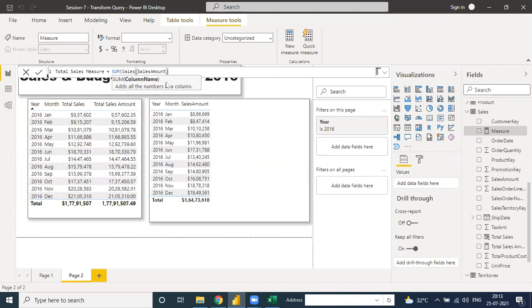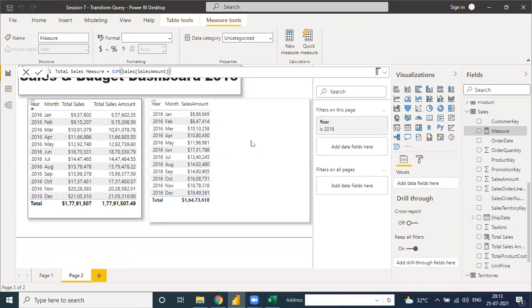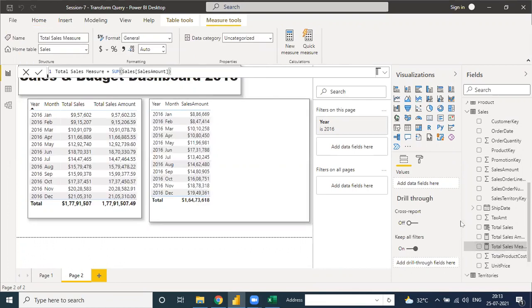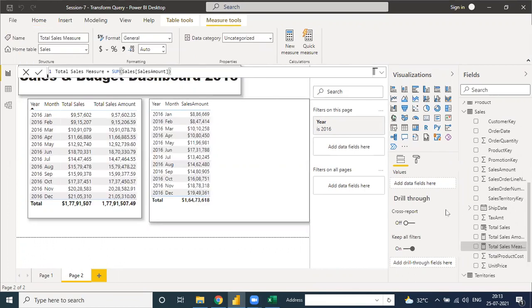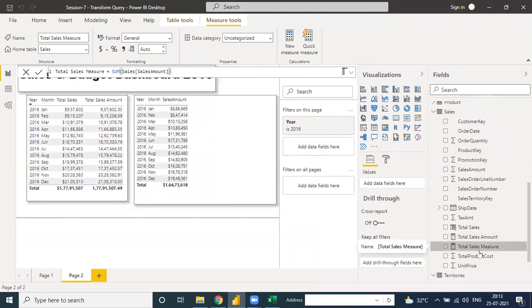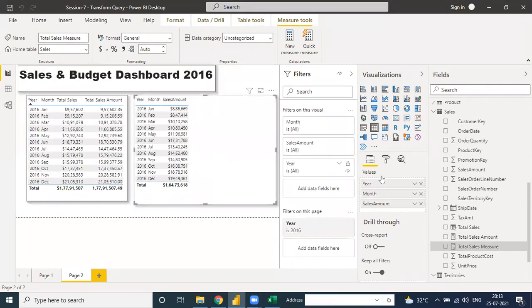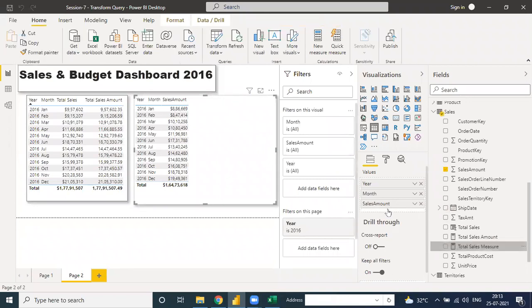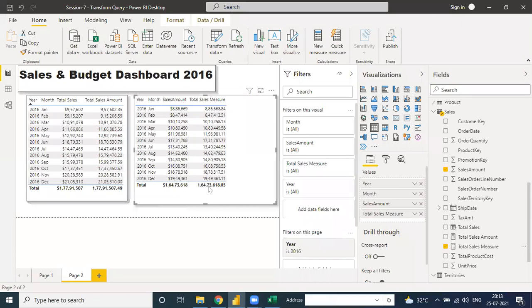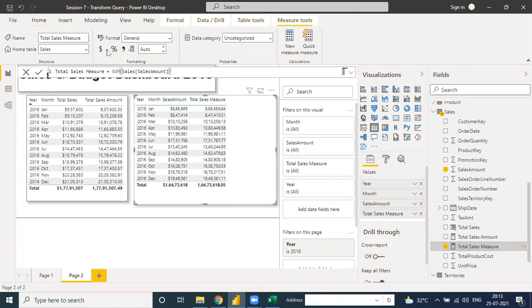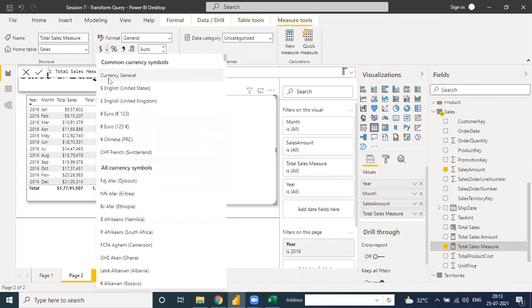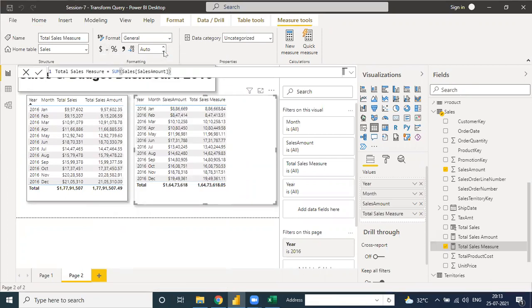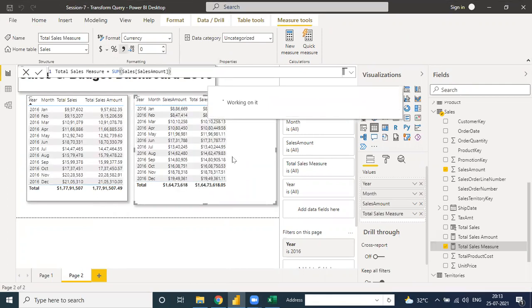So you need to click, close and enter. It's an explicit measure just for sum. Okay, see here, total sales. When you drag this one into the values, see, the total sales measure is done. When I drag this one, see the result. The amount is the same. Why is it 0.5? You need to just click, go to dollar, because the currency is the same, English, and remove the decimal point here, 0. See, the result is the same.